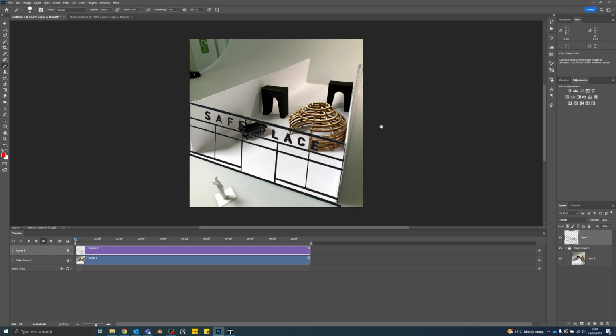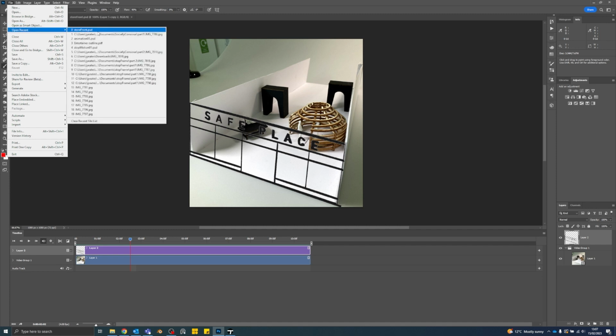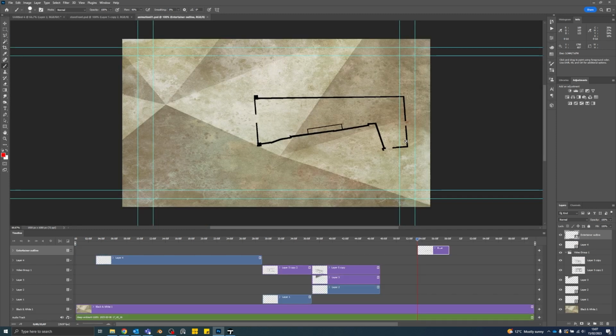And now if we run the animation, you can see we're able to add drawn elements or things that weren't there in the original photograph to our animation. And I think that's a really good effect. Okay, so if we wanted to take this a little bit further, let's open up another project. So I've got one called Animation, and this is where I'm combining lots of layers, and one of the things that I've got here is I've added a soundtrack. So if I press play,